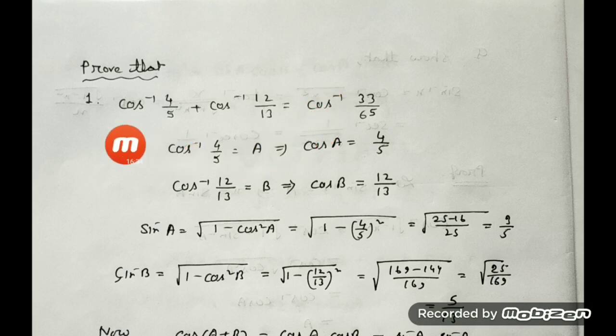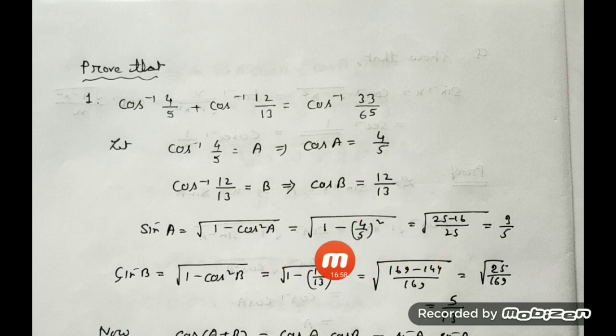Then you have to get the answer as cos inverse. So cos inverse, if I bring it to this side, it becomes cos of A plus B. And you know the formula of cos of A plus B. What is that? Cos A cos B minus sin A sin B. If plus is there, my middle term is negative, and if negative is there, then the middle term is positive. So sin A, I have to find the value. Sin A is equal to under root of 1 minus cos square A. Under root of, what is cos square A? It is 4 by 5 whole square.